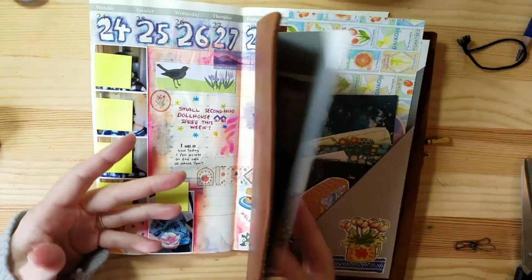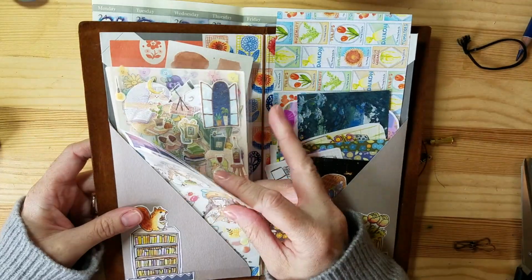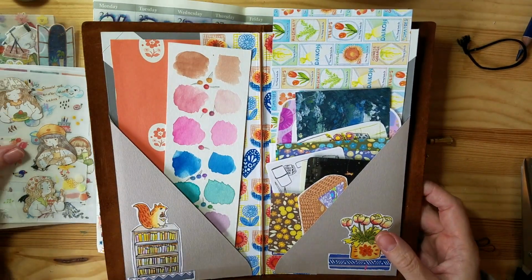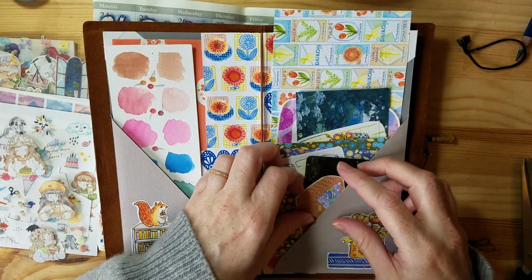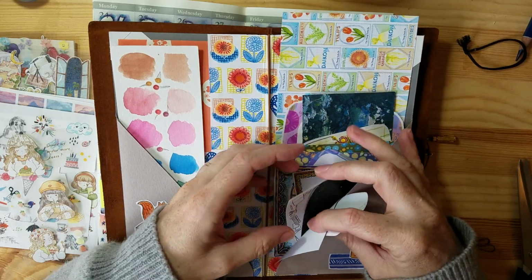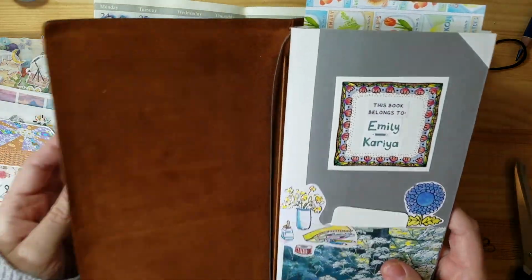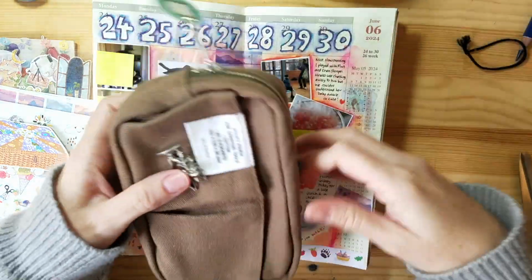stickers on the page. So just to recap, I showed this in the very first video of this series. This is the folder that I keep in my Traveller's Notebook that I keep stickers in. I would say it's not entirely working for me so far because I'm not really using stickers as much as I should. On the right hand side here, I've got lots of large pieces that have just sat there for the whole 6 months and I've barely touched them. So that is something I want to address later on in the video, like how I'm going to deal with